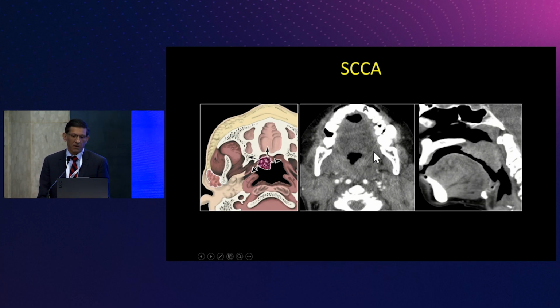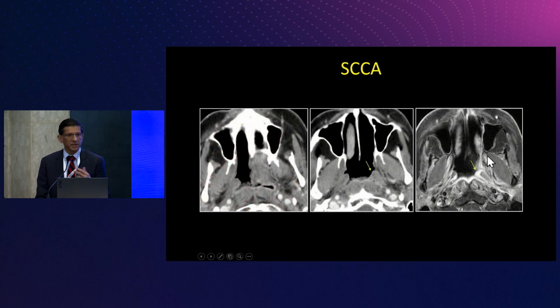Now, what we have to be able to do, once you have this great equipment, is just realize that you always have to reconstruct your CTs in the sagittal plane. Because if you're looking at a CT scan in the axial plane, this is actually a patient with a soft palate cancer. It's really hard to see because our eyes look for symmetry from one side to the other, and you could potentially blow right past that. But in situations like this, remember to look at the sagittal images, and you'll be able to see this large soft palate cancer.